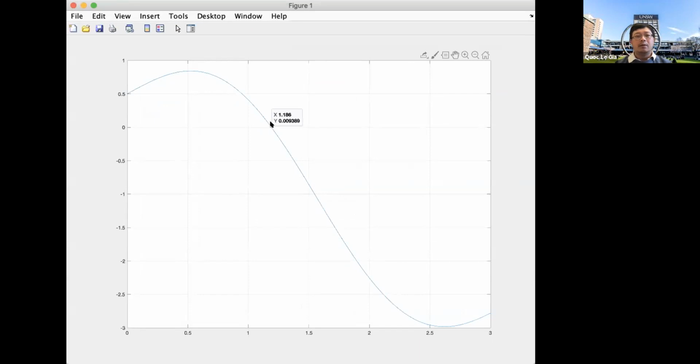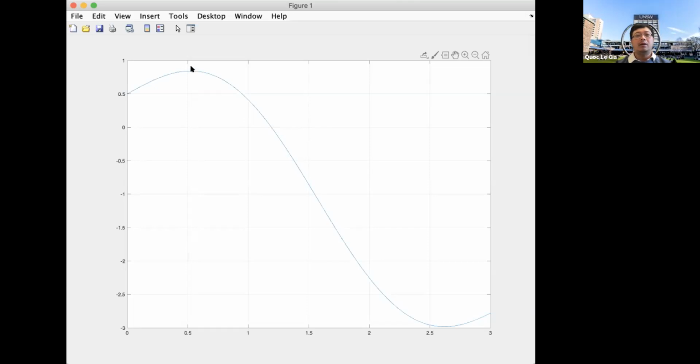Remember Newton method: you draw a tangent line, then you get the next iteration here. Then you draw another tangent line, then it gets closer and closer to the solution. But if you start at 0.5, now it becomes a problem, because